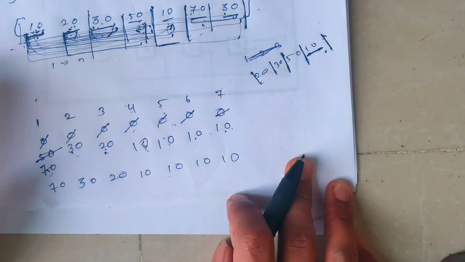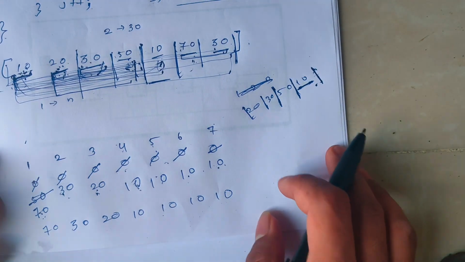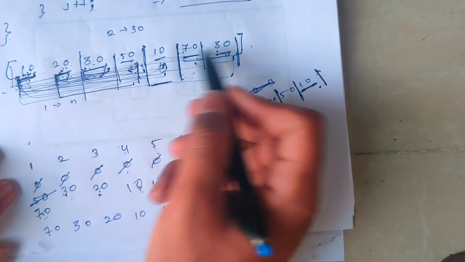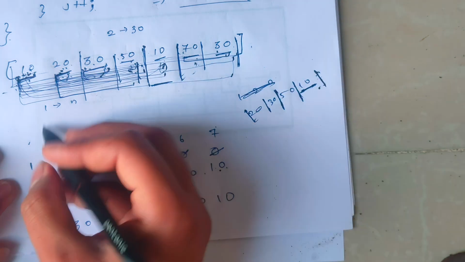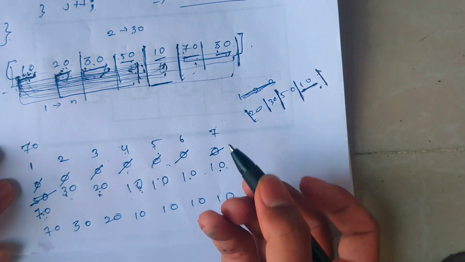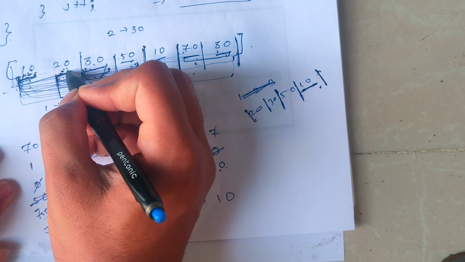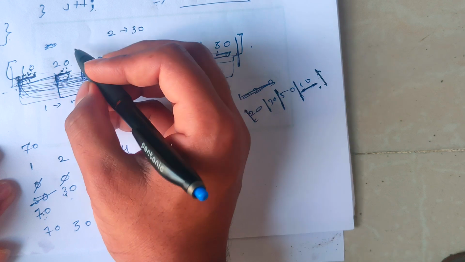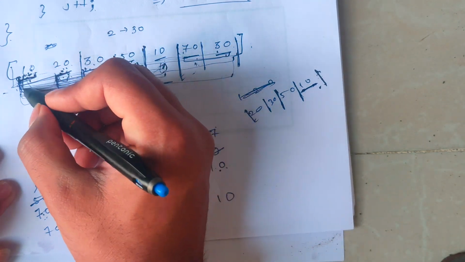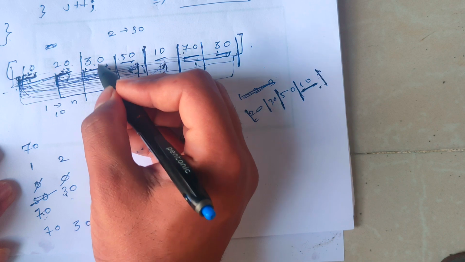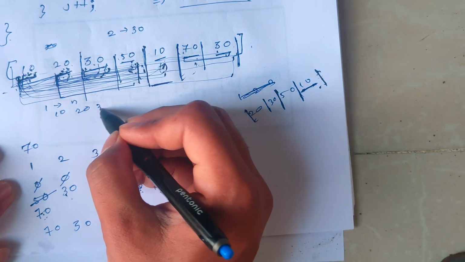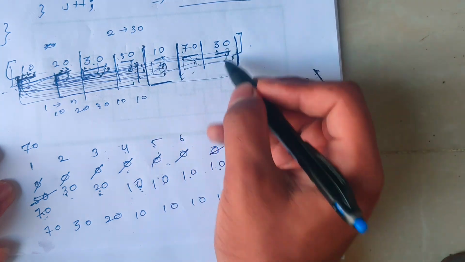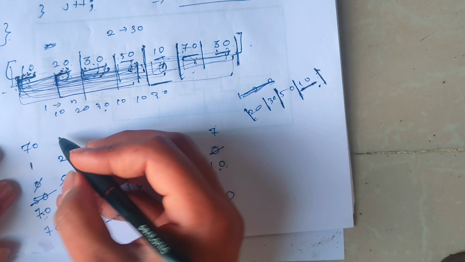for every window size. And we can verify this answer. Let's have one window size. For one window size, the maximum of them would be the answer. So 70 would be for one window size. Let's have two window size. For two window size we will be getting this 10, for this 20, for this 30, for this 10, for this 10, for this 30, maximum of 30,